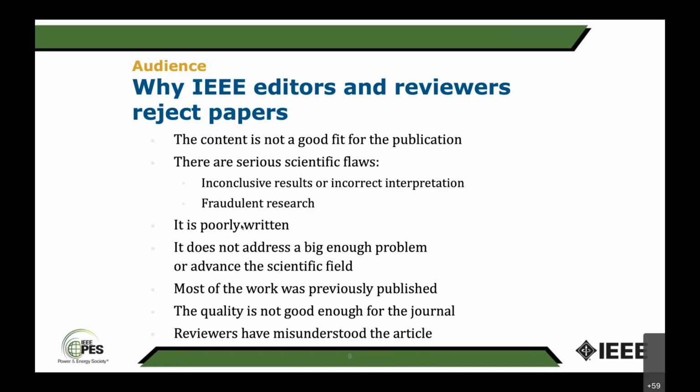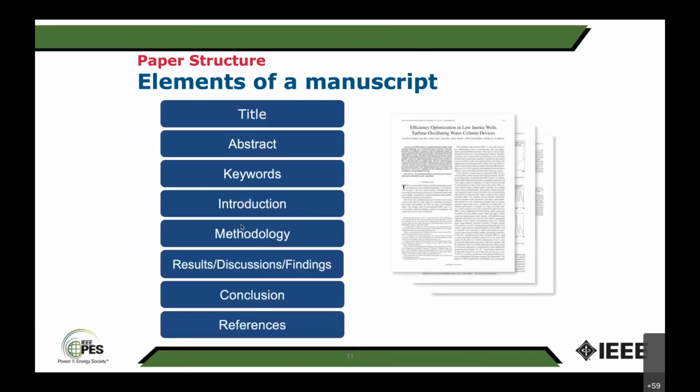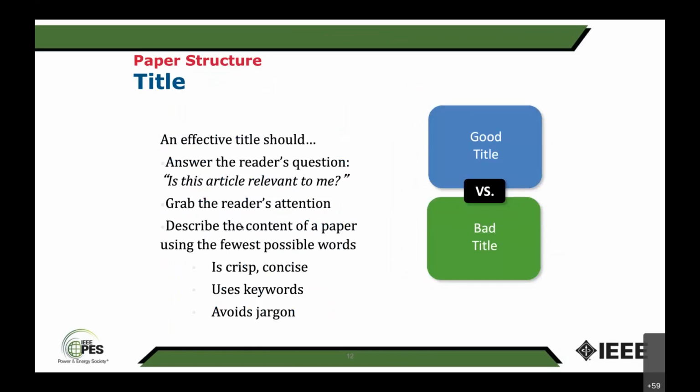Okay, now, what is the structure of the paper? These are the building blocks of a good paper: title, abstract, keywords, introduction, methodology, result, discussion, findings, conclusion, references. For grad students who are writing papers for the first time, second time, I would ask you to keep this 8 item list as a checklist. Did I have a good title? Abstract, like this, checklist. And I'll explain them one at a time. Title.